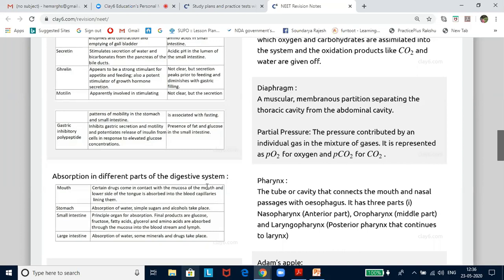Absorption occurs by the combination of simple diffusion, facilitated diffusion, and active transport. Now, simple diffusion requires the nutrients to be at higher concentration in the intestinal lumen than inside the cell. Its molecule should also be small and water soluble. This kind of absorption does not need energy and it's a very slow process. Water and water soluble substances like alcohol are absorbed by osmosis into the intestinal cells and thence to the blood.